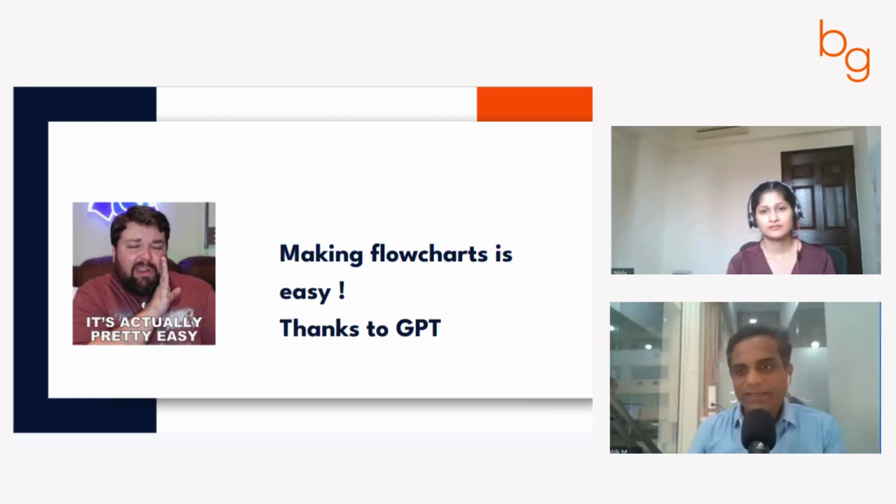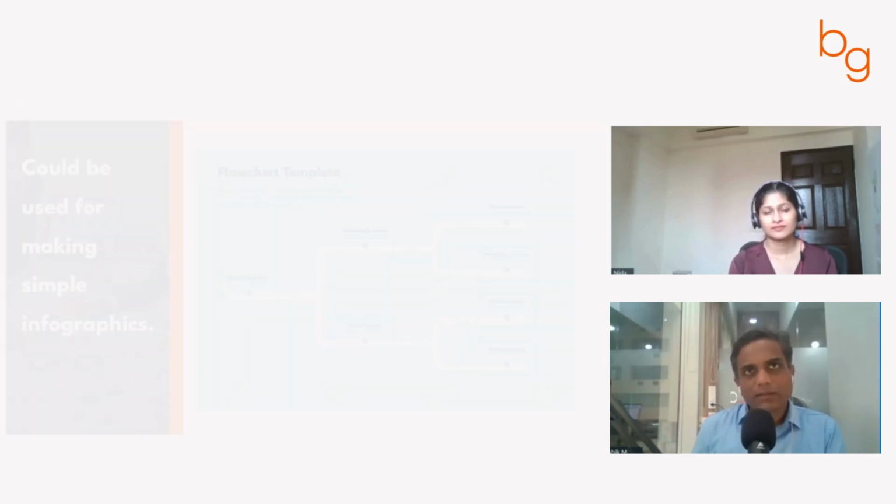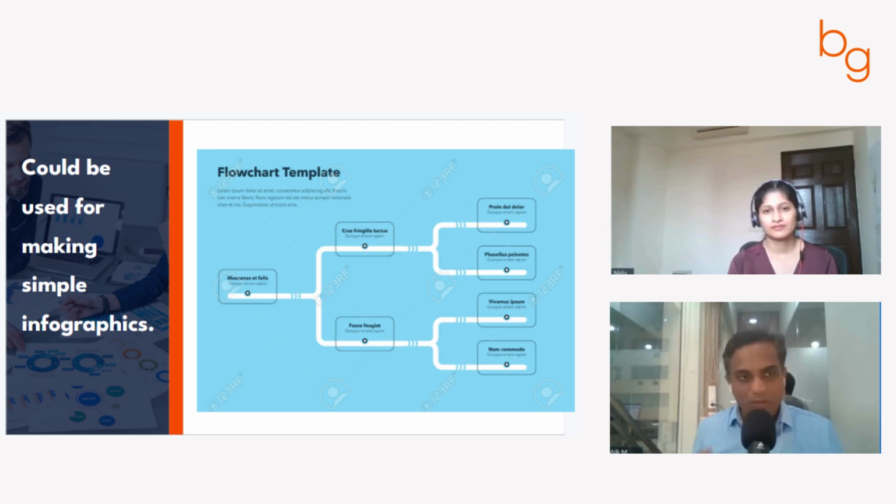So when it comes to flowcharts, I think there's a lot of potential with respect to using flowcharts in blog posts, and of course, there's a lot of potential in technical documentation also, right? When you're preparing a lot of technical documents, you can make them a lot more visual by adding flowcharts in the right places. But the gap here is, and that's what this video is about, that for simple infographics,